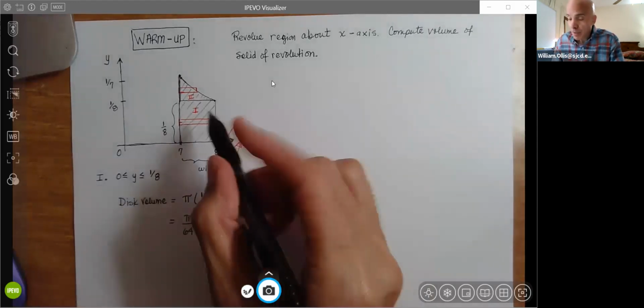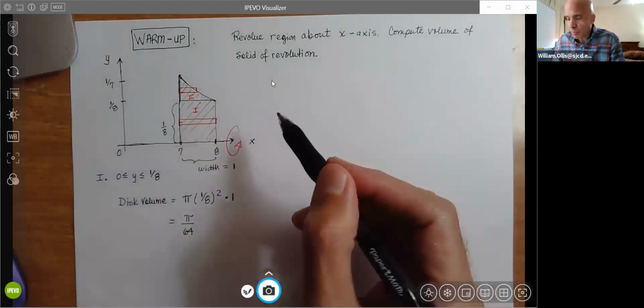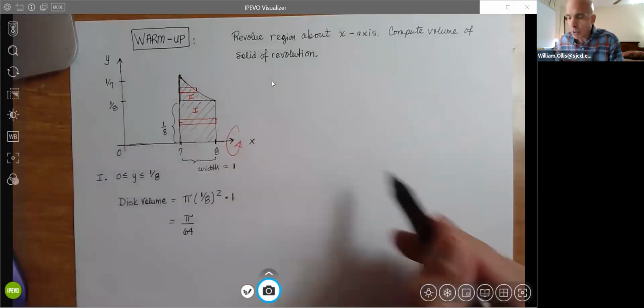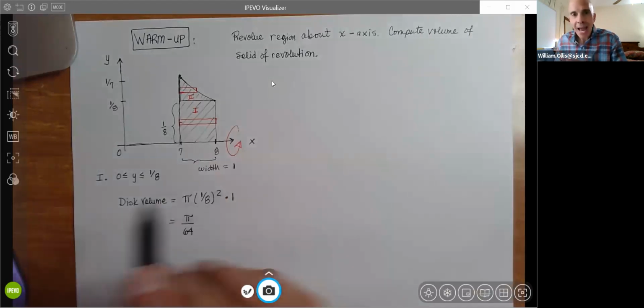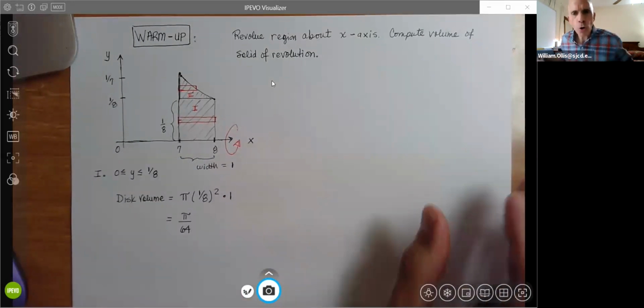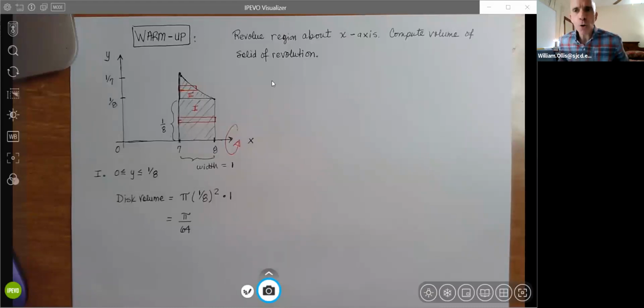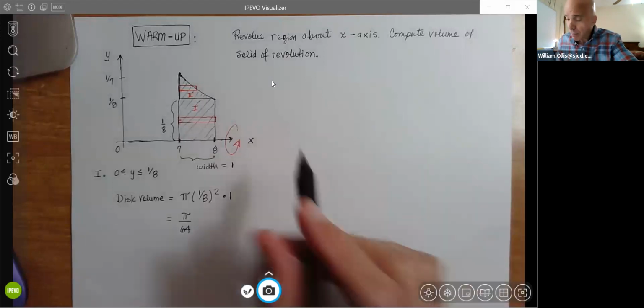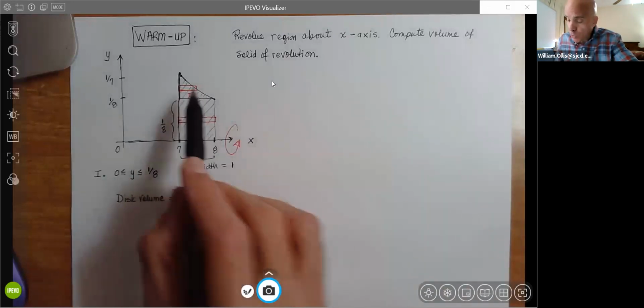So you're thinking, well, the shell method makes this look so difficult, but there's really nothing to do here. And again, how you interpret things, ladies and gentlemen, is up to you. There's no one interpretation that's good or bad. All interpretations are good if they lead you to the correct answer. Now, for this part for 2,